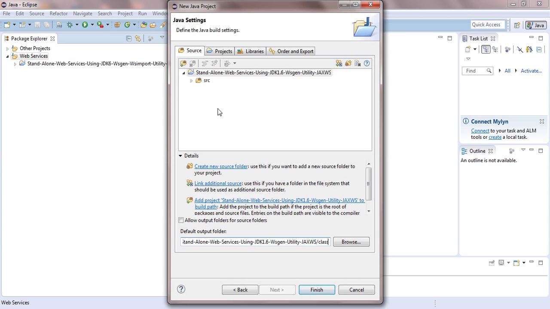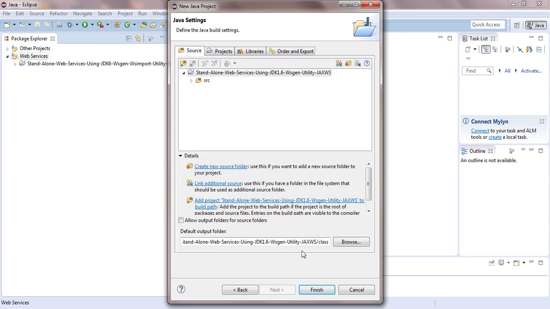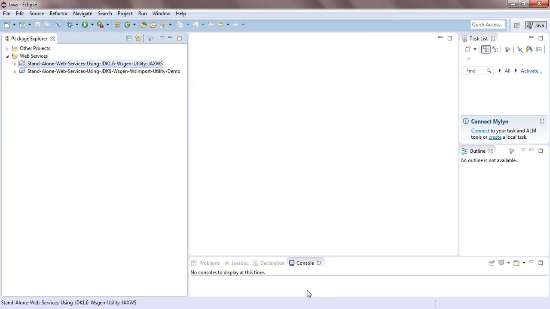After that, I'm not doing any change. Project, libraries and other things remain the same. I just remove the bean and replace it with a class. I'm just going to click next, then finish. After clicking on finish, the